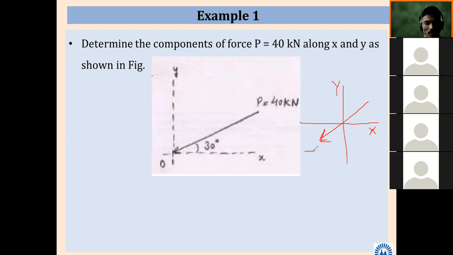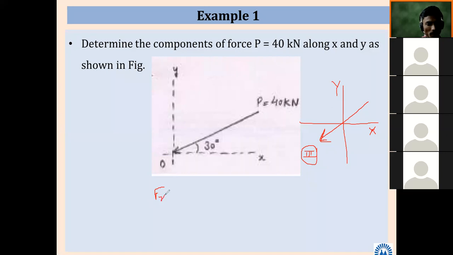Negative y-axis means, in short, whatever answers some of the students have given, this force is coming in the third quadrant, it is correct. And as we discussed yesterday a lot, in the third quadrant both these components will be negative. So here, while finding the x component, what is our formula?